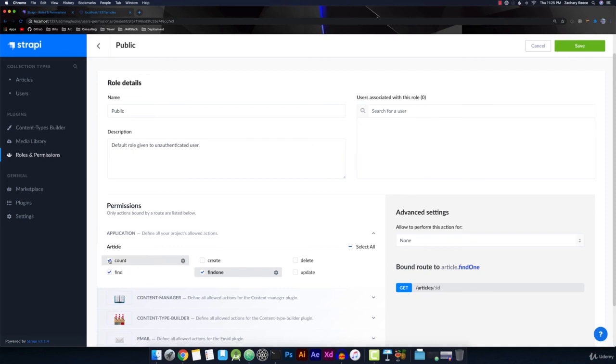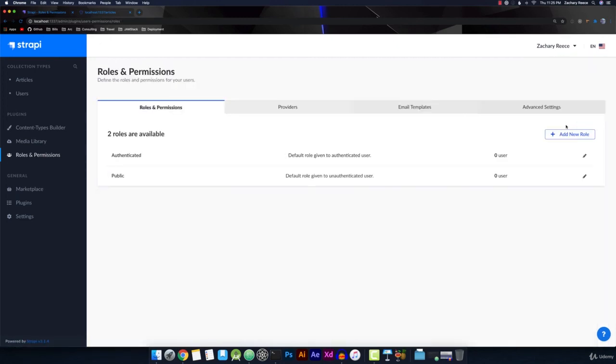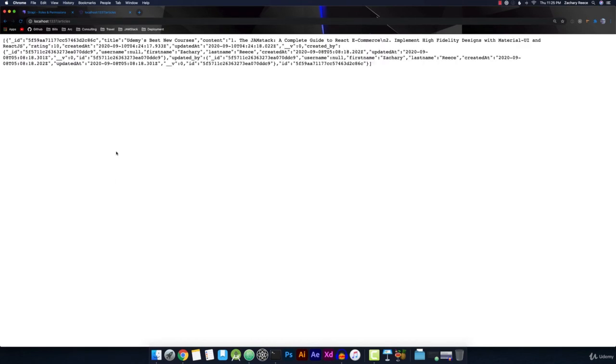So let's go ahead and select the check mark for all three of those actions on our public role, and let's go ahead and hit save. Okay, and once that's saved and you're returned back to this screen, let's go back over to our localhost port 1337/articles and let's refresh this request. And you can already see that instead of the 403 forbidden error, we actually got back the article that we had created, the title of Udemy's best new courses, the content with our actual list, the updated at, created at,